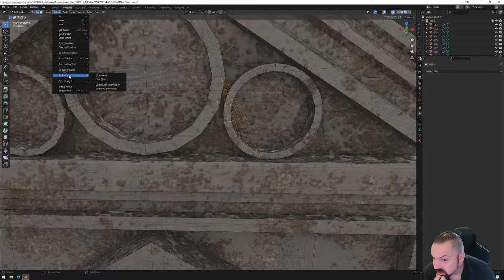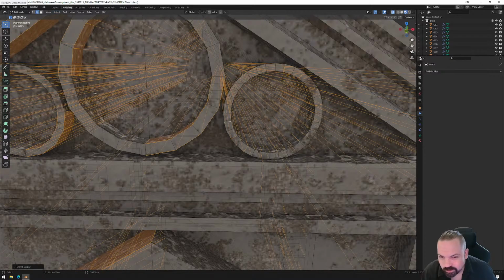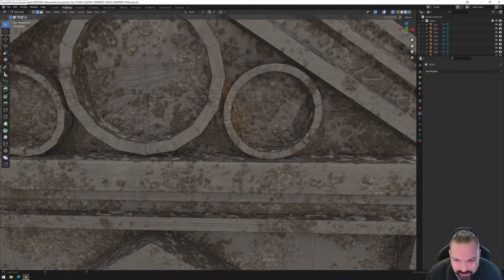Select loops. Nope. Select linked. Select random. Nope. Maybe there's a way to do it. I might look into that later. But yes, so